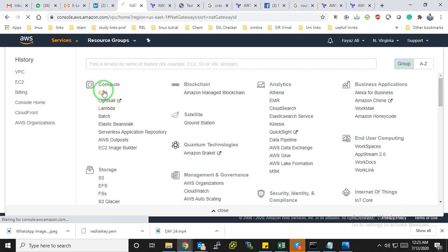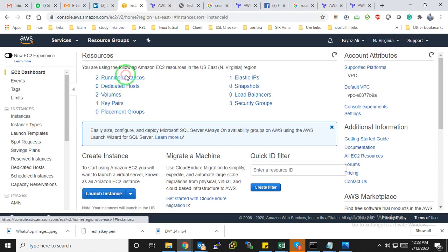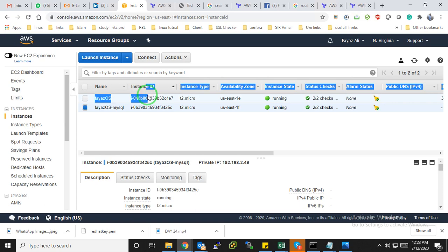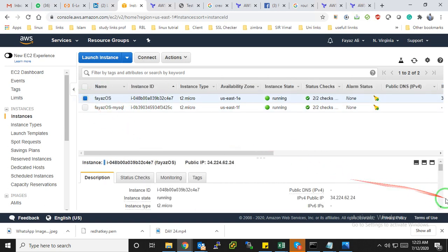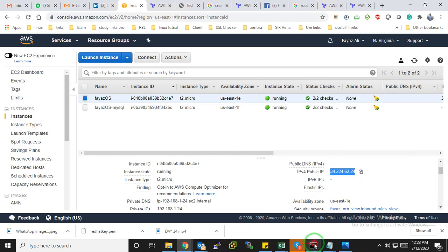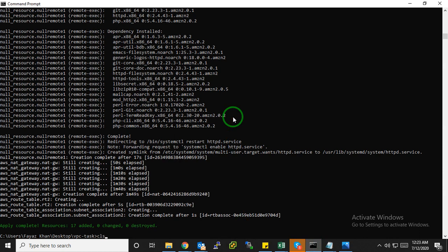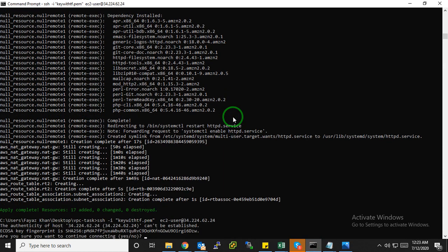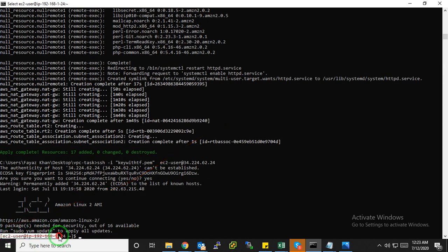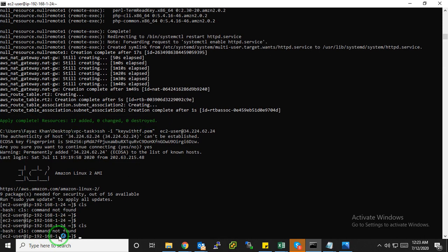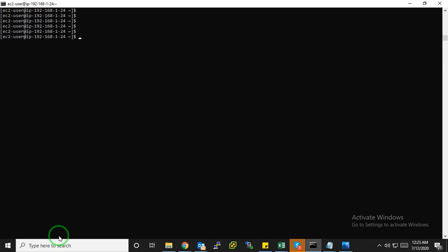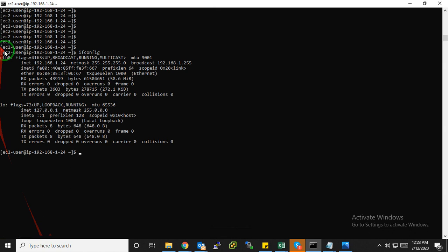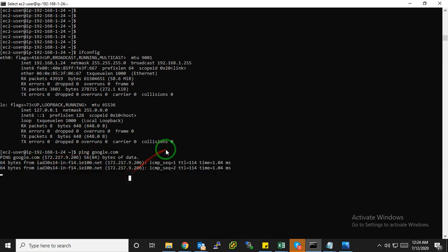Go to the EC2 instance and first SSH into your public machine, then we will go to the private one, because we don't have any direct access to the private one. So let's go for this one. I have just copied it here. Now I am connected. I am in the EC2 instance, 1.224 is the private IP. Let's see if it's pingable or not. You can see it's pingable. It's pingable right now. It's Google